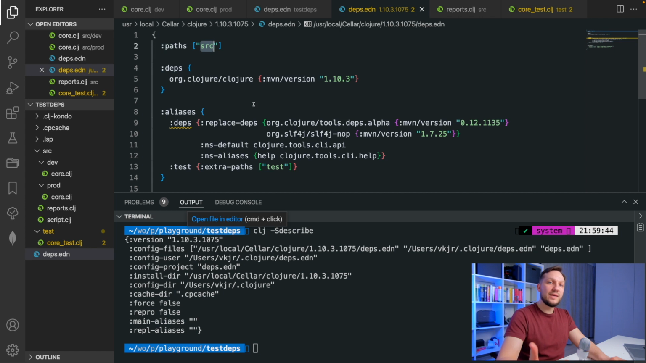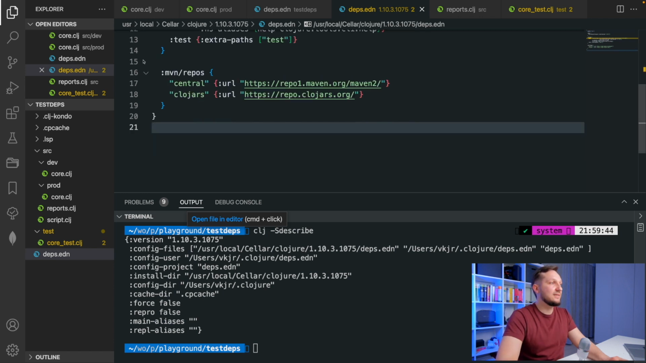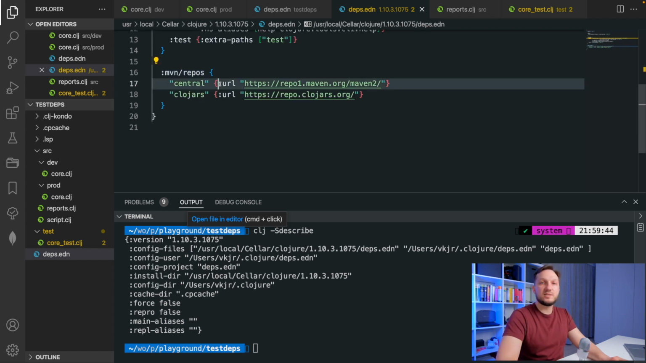And this is why we didn't have to create our deps.edn the very first time. We were able to run the project even without it, because we already have the default one and it already looks into the src folder. Another interesting key is :mvn/repos, and it says in what Maven repositories the command line interface will look for your dependencies if they are Maven dependencies. So if you have some private Maven repo, you can list it in your deps.edn file under the same key,